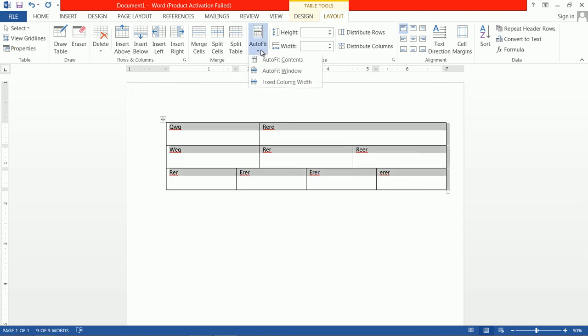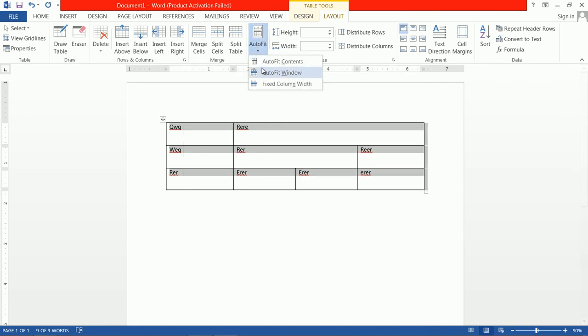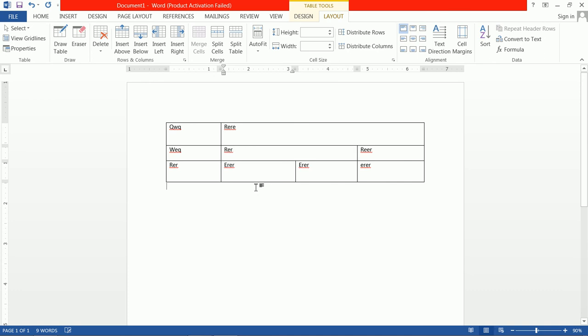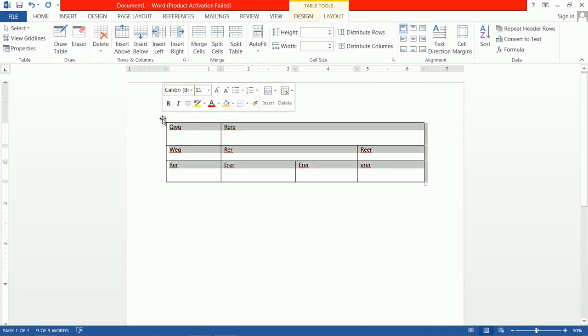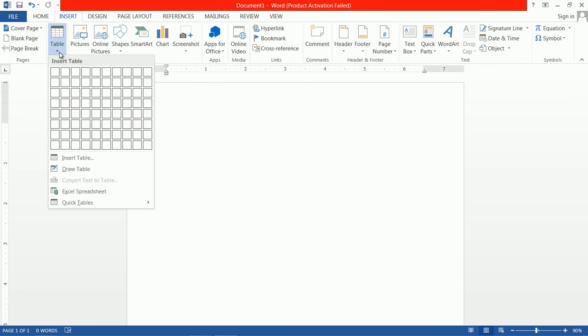Select the table, and you can also auto fit the content. Then here are auto fit window and auto fit column. Here are some options. You can also check or change the height and width. Here the changes are made. The table is very simple. But here what we do is first insert the table and use merge and